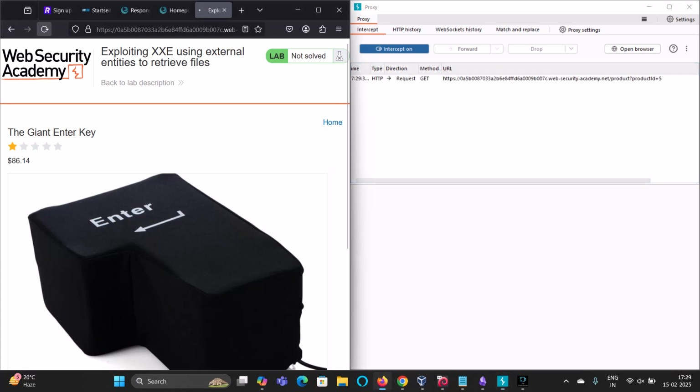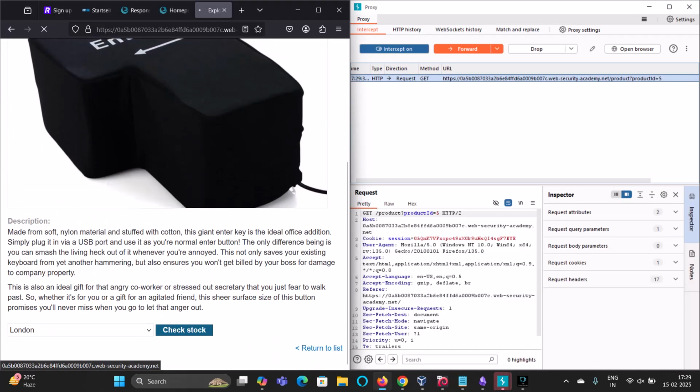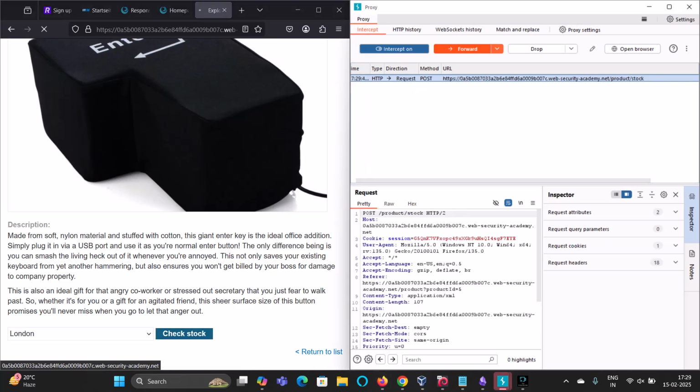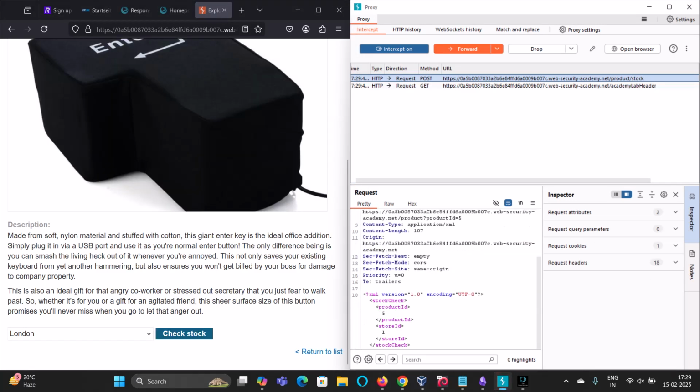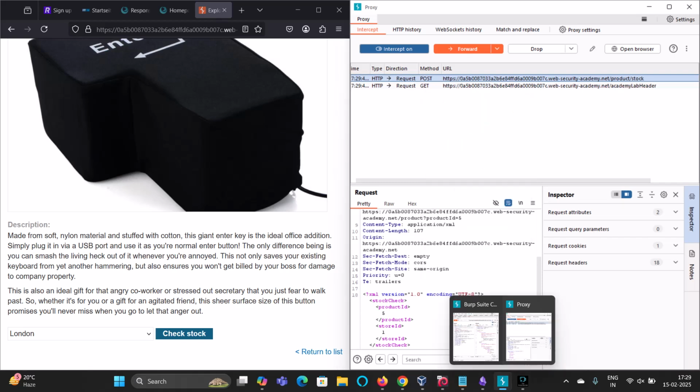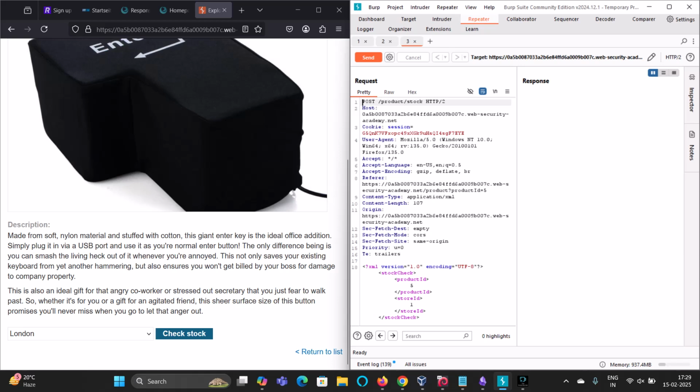I just took up this get request. We got a get request, and now we want to check this. When we check the stock, we get the post request. Okay, yeah, I got this request. Now what I'll do is I'll send it to repeater, and after sending it to repeater, I got this request,